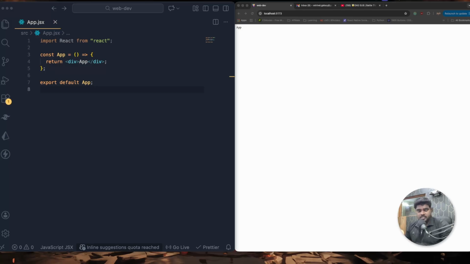So on the previous sections, we discussed a few most important hooks like useState, like